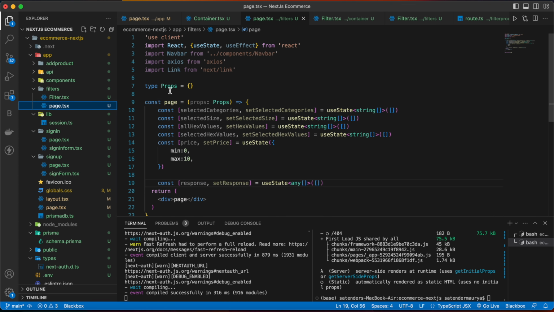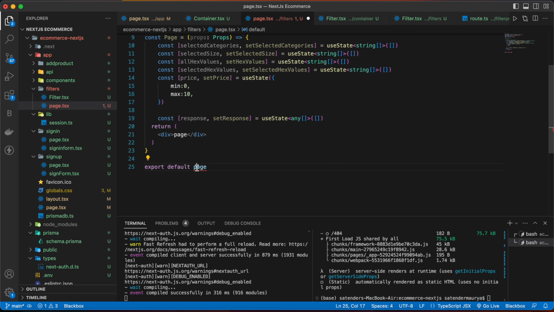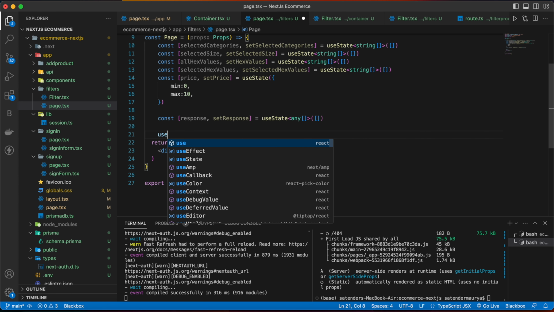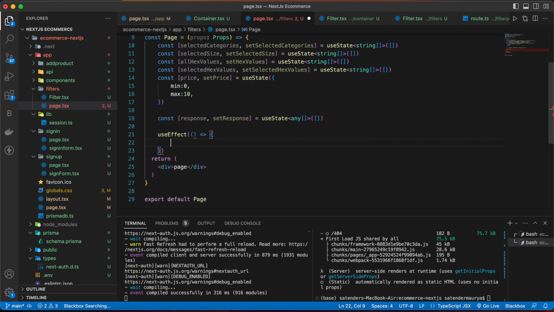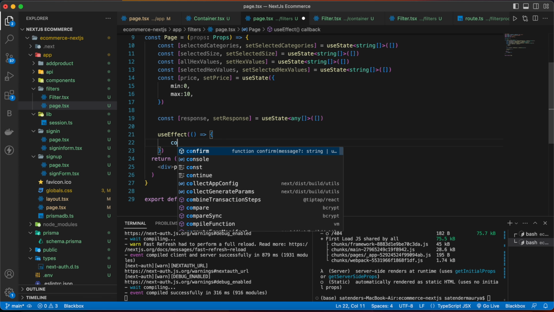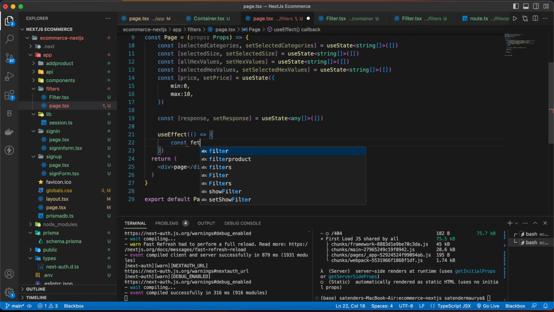First change this to capital P. Then below this we are going to use the useEffect. Inside that we are going to define a function which will be const fetchData, which will be an async function.